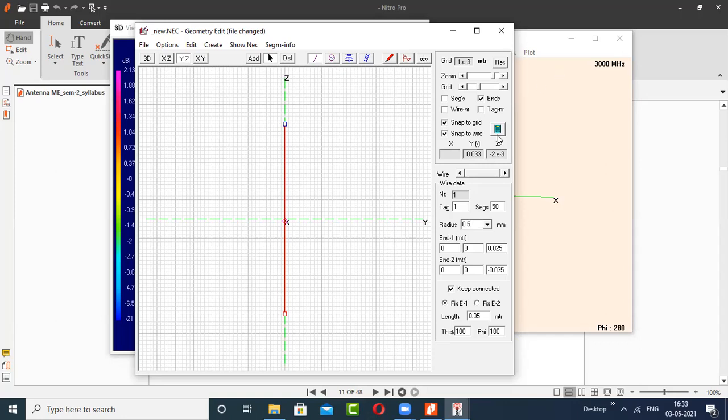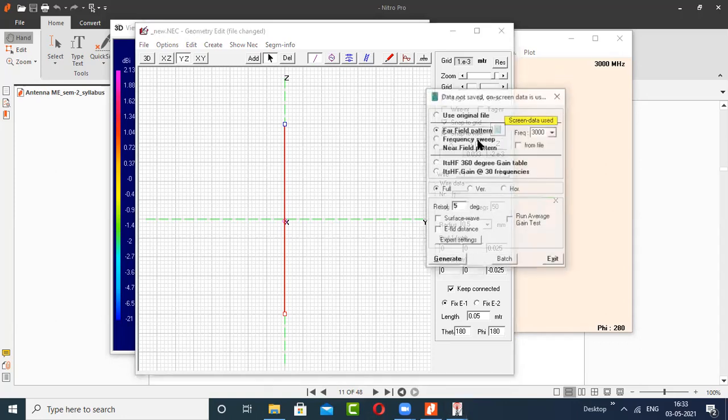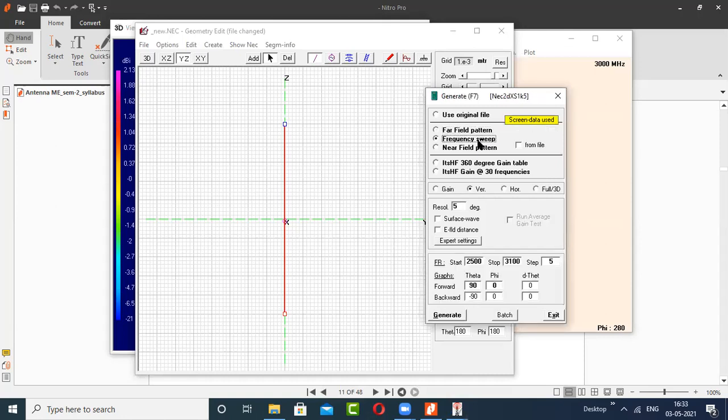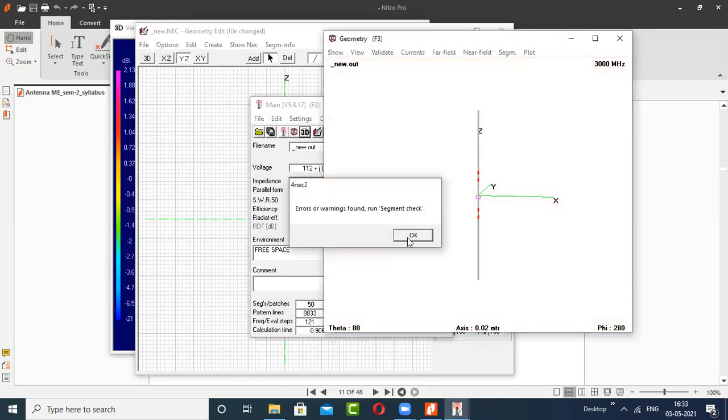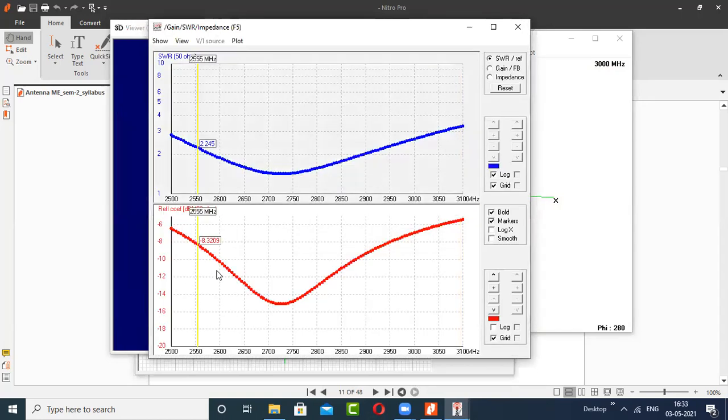Okay, enter, and once again I will go for first band, whether the band gets affected because of this, and I will click on generate. Okay, so once again I have got this frequency versus reflection coefficient. Now I will go for the lower cutoff frequency. So now it has got reduced. Earlier it was around 2.665. This time it is 2.595, or I will consider it as 2.6. Earlier it was 2.665. This time it is almost 2.6.